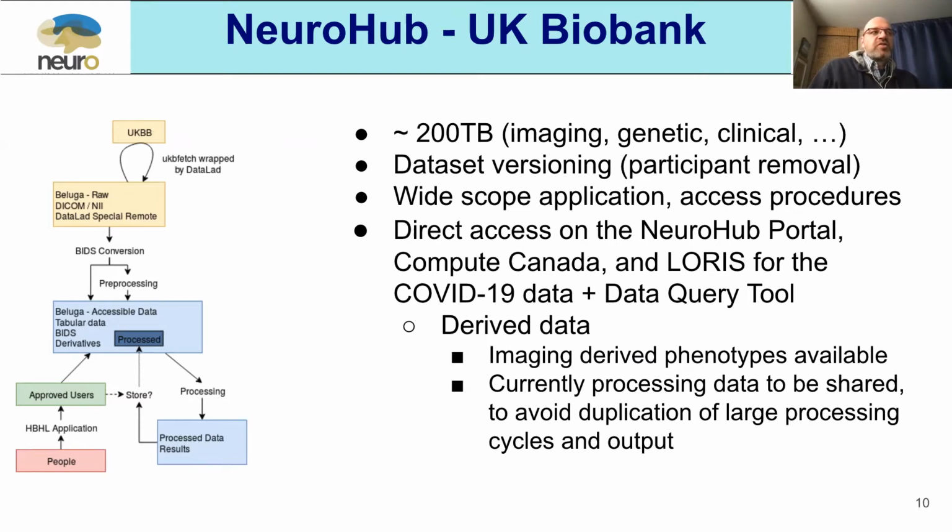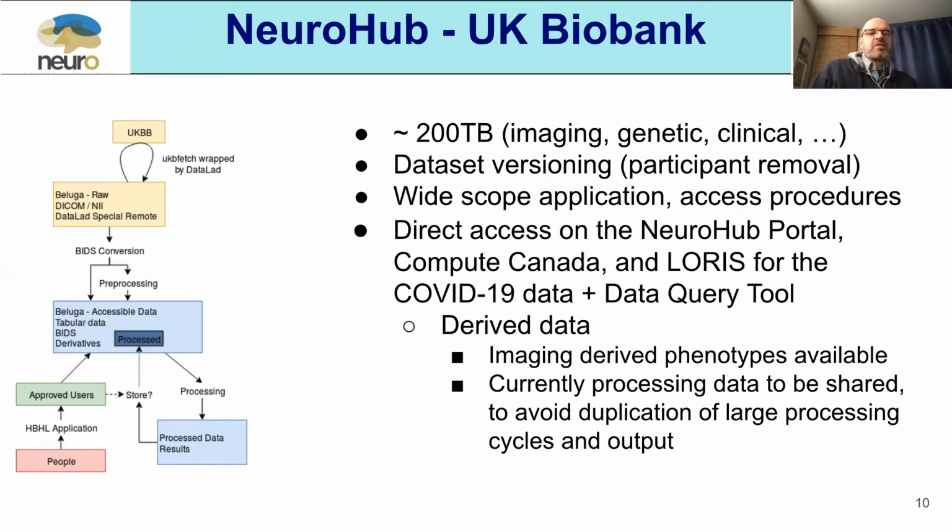That includes not only the imaging, which I think is the predominant use case for people attending today, but also more genetic information. As part of that, we also take care of things like the versioning, and we take care of participant removal that's announced by the UKB. The idea behind this allocation, a widespread scope application, is that we can consolidate this large data set into one installation. This is not a data set where you want multiple copies sitting around. You want a singular copy that we can organize, but that you can also have multiple accesses to.